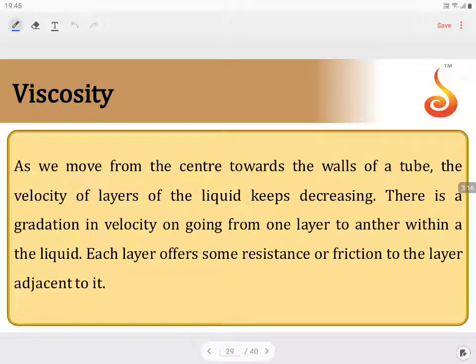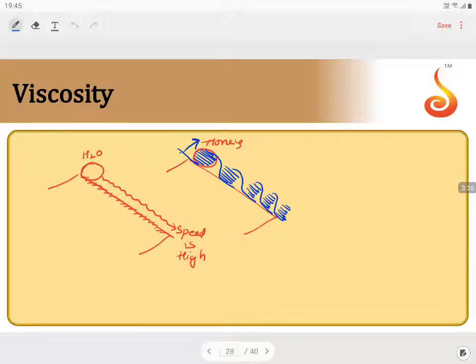If you observe this, as we move from the center towards the walls of the tube, the velocity of the liquid keeps decreasing. This can be clearly understood if you see from this particular center, let us say from this point, and look down: what are you understanding as we move down to this particular layer? You can see this layer is nearly stable, with no movement that can be observed. It is nearly stationary, fixed. Velocity is nearly zero. As we move down to the surface, the velocity keeps decreasing.